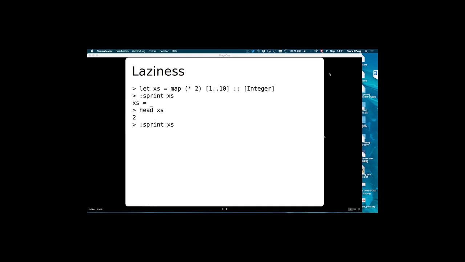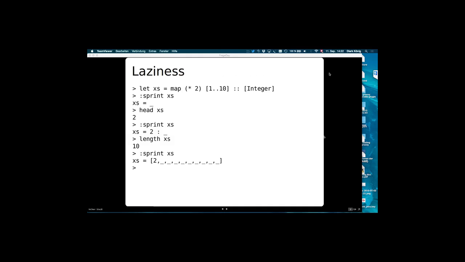And when we inspect xs again, we see that the thunk was evaluated partially, and we have a 2 followed by some other thunk. So we know it's a list with the first element a 2. And if we evaluate the length, we get 10. And if we then look into xs, we get this list, and we see that not all of them